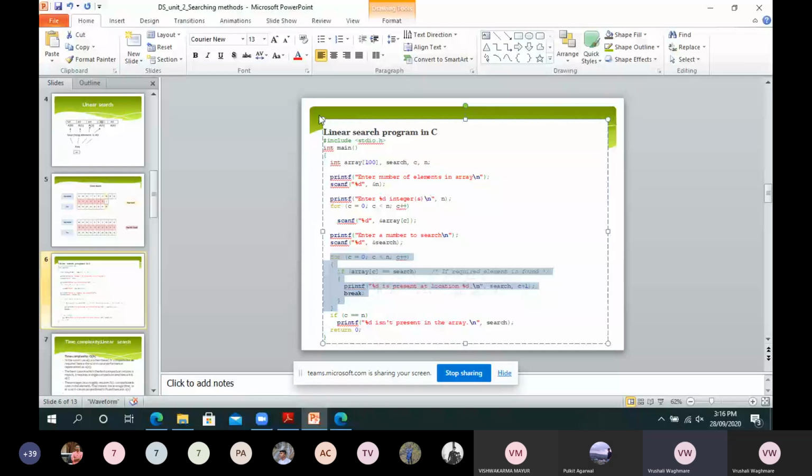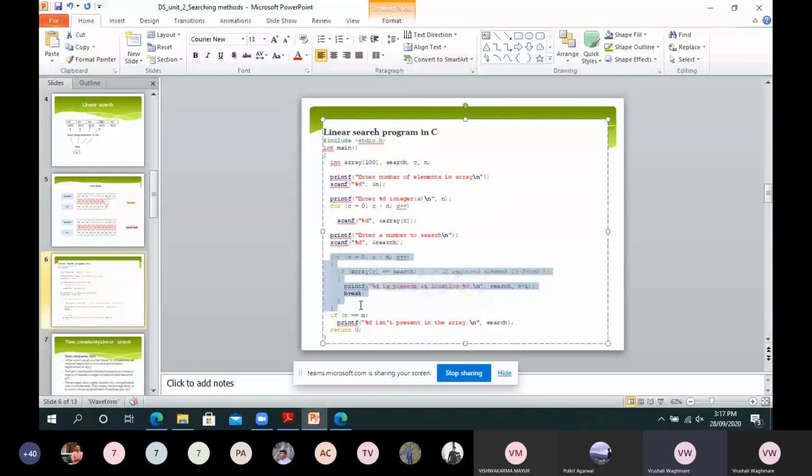Second, we take the elements one by one and put them into the array. Third, we take the value we want to search from the array, that third printf scanf combination. Next, a for loop. This is a single for loop, and in that single for loop there is one if condition. So already we have seen the concept of time complexity.